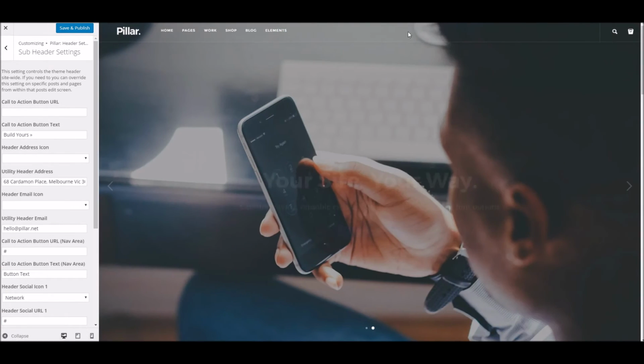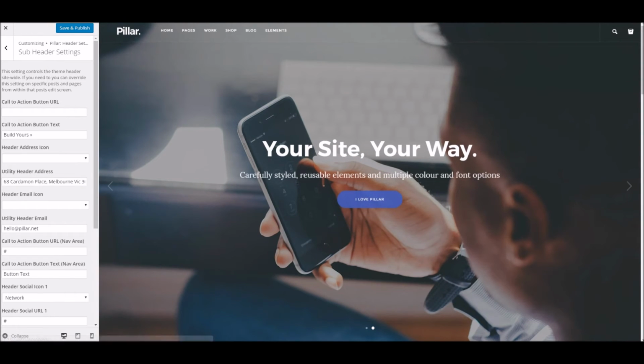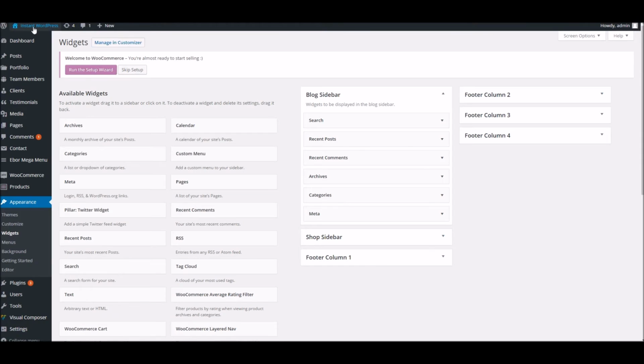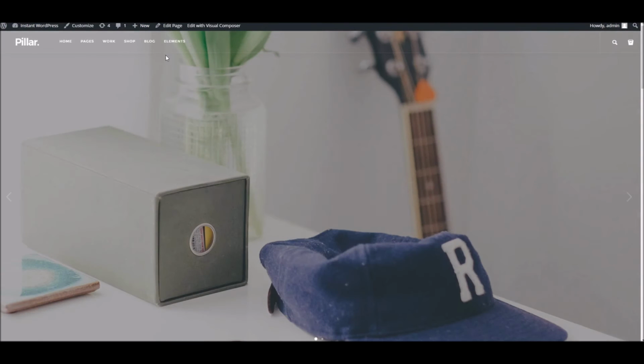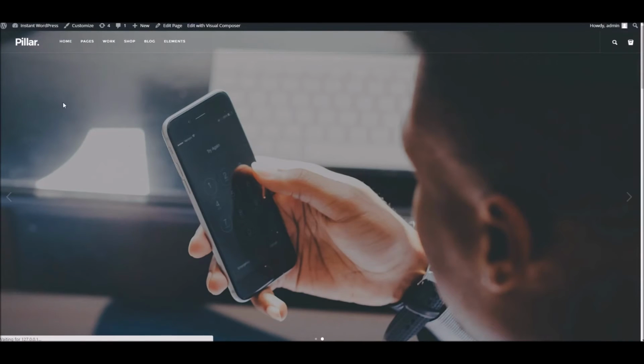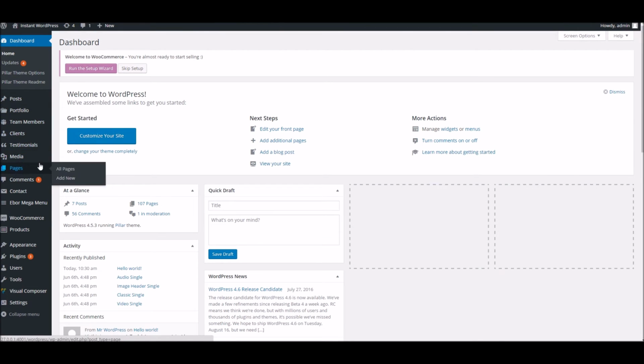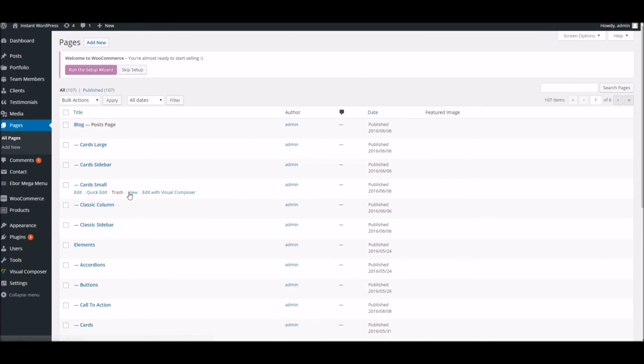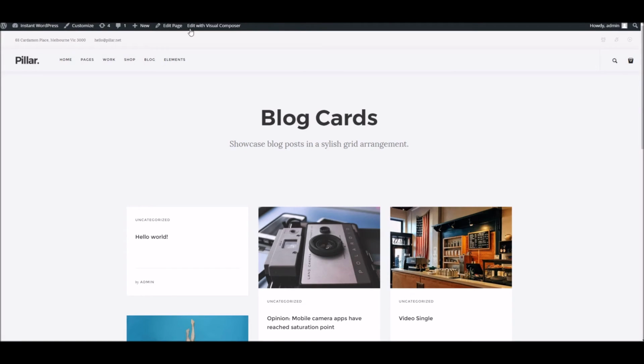Admittedly, this particular option isn't available in this header style. However, if I was to save that and go to a page which hasn't got an override set, which is something we will again cover in a future video, if we just go to, I'll just pick a random page here. So you can see at the top there, we've got our icons appearing there, as well as the text and things here. So if we just go back into the options and show you this live,